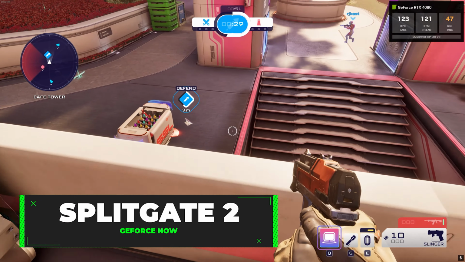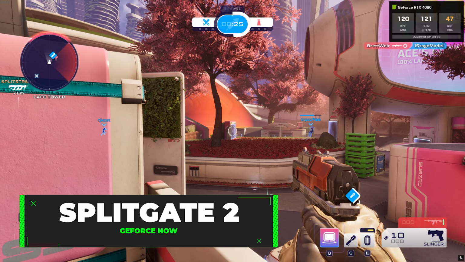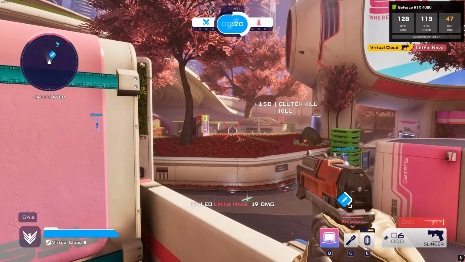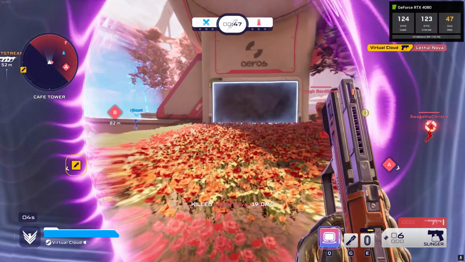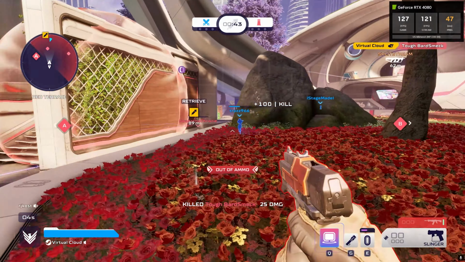SplitGate's back, and this time it's crazier and more high octane than ever before. If you don't know what it is, well, it's an arena shooter where Halo meets Portal. SplitGate 2's open beta is currently live and available to stream via GeForce Now, but how well does GFN Ultimate handle it? We're here to answer that very question, so let's get things started by taking a look at the